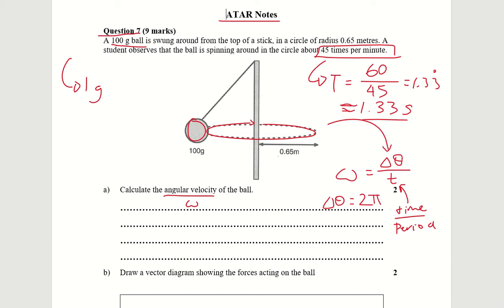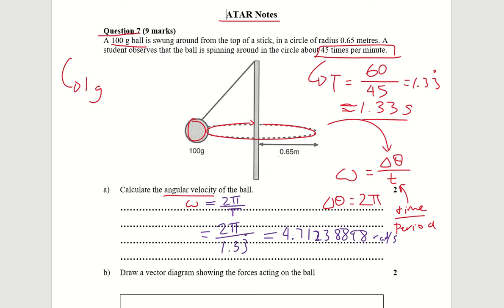So I now have some useful data. I'm going to actually write out how to perform the calculations. So it's going to be omega equals 2 pi over capital T. We already talked about where all those values came from. And then 1.33 repeating, so 2 pi over that, and I'll find that the angular velocity is 4.728898